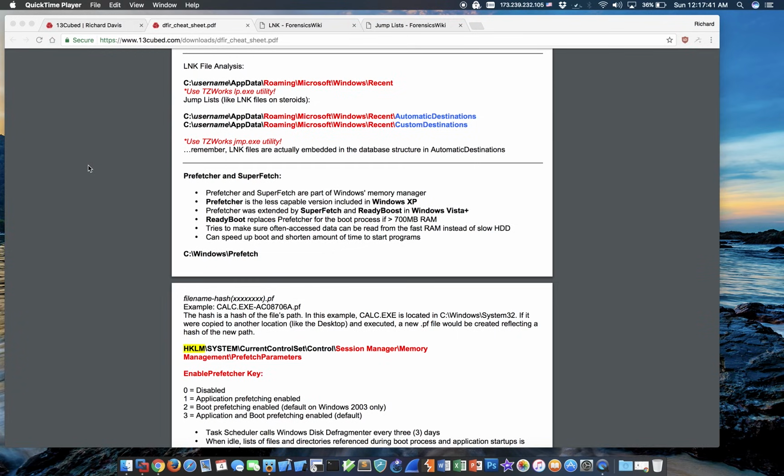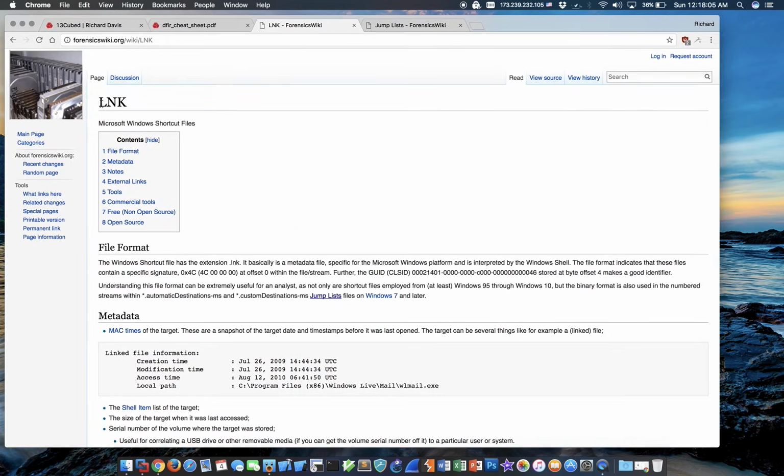Okay, it's time to have the talk about link files. Do not ignore LNK files in your forensic investigation. They contain a wealth of data. Now you may be familiar with the files from manually creating shortcuts to programs or various other things on your system, but you may not realize that Windows automatically creates link files for a number of different actions that you perform on the system. If we go over to the Forensics Wiki website, which is a fantastic digital forensics resource,